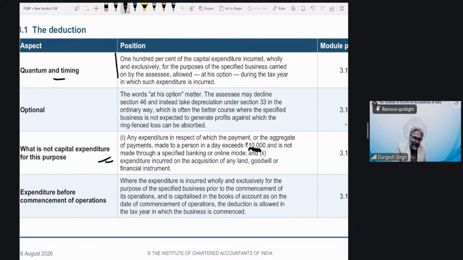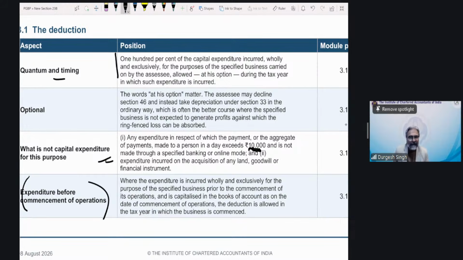Now, here the next point is, students, what if the expenditure is before the commencement of operation? So they say that fine. Now, please be careful in this case. In scientific research, you have a time limit earlier, a maximum of 3 years before the commencement of business. Here, students, we don't have any timelines, and rightly so. Think logically, why is there no timeline here?